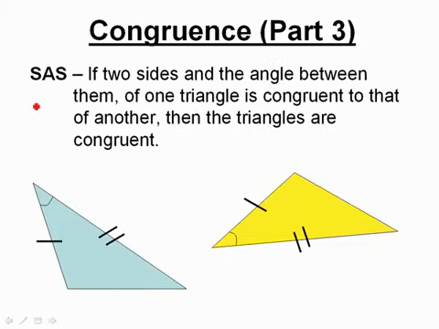Moving on. Side, angle, side. If two sides and the angle contained between them of one triangle are congruent to those of another, then the triangles are congruent. So as you can see here, we have two sides that are equal, as you can tell by the bars going through them, and one angle that's equal, as you can tell by that little arc at the angle. And therefore, you know that a third side would have to be equal, because you know where this